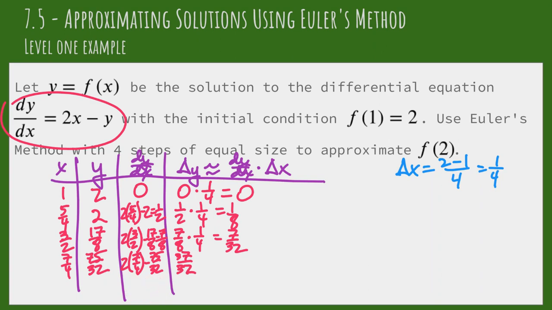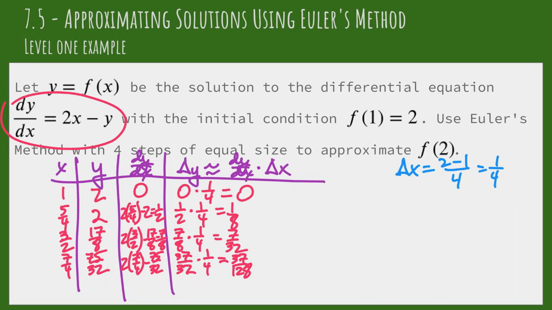That's our dy/dx value, times delta x, 1/4, is going to give us 37/128. The arithmetic here is getting a little bit beyond what you would probably be expected to do